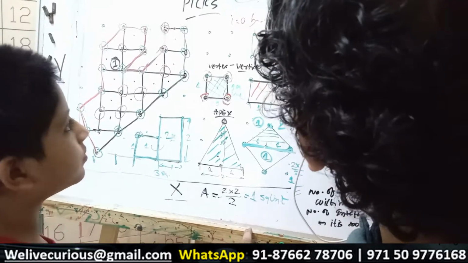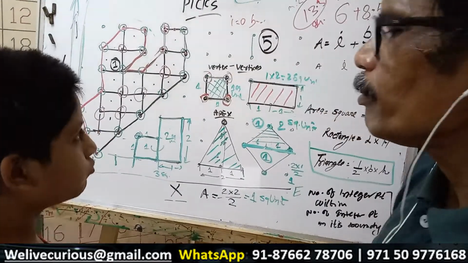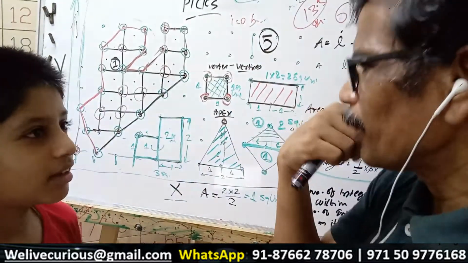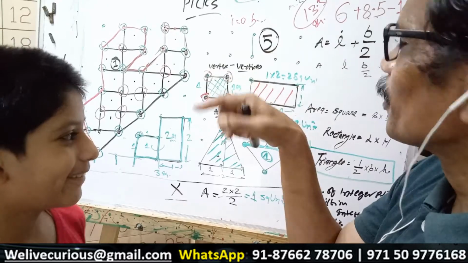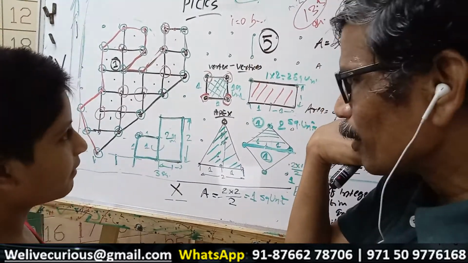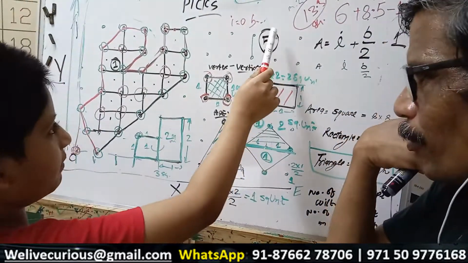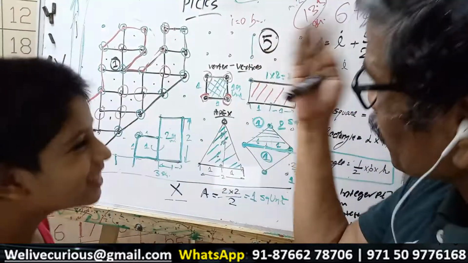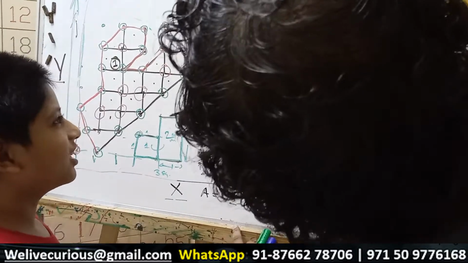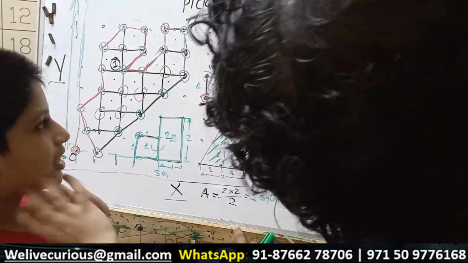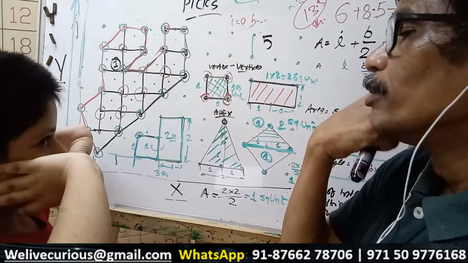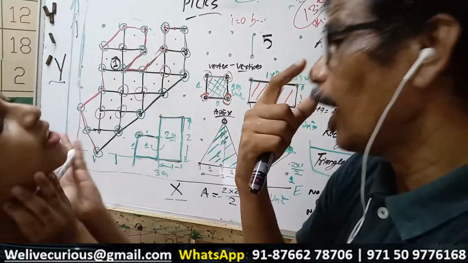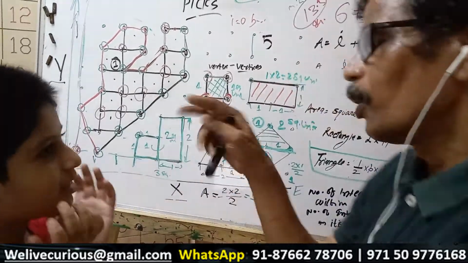Avi, you tell me. What is this? 5. What is 5? Is it 5 number? 1, 2, 3, 4, 5. But what is this? I am just asking. I know no mathematics, I know nothing. I came from the jungle like Mowgli, and I am asking what is this? You know Mowgli? Okay, you don't know Mowgli.